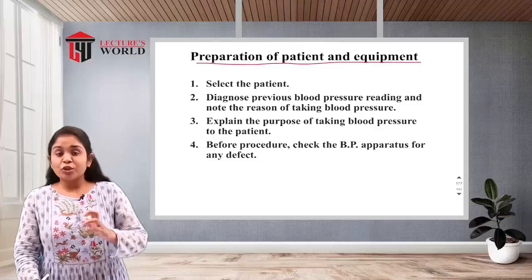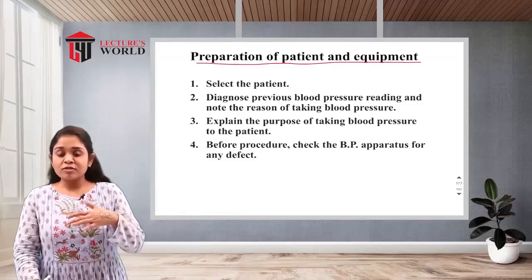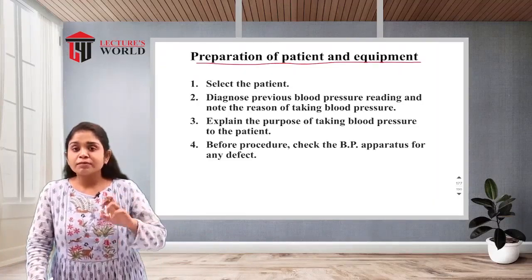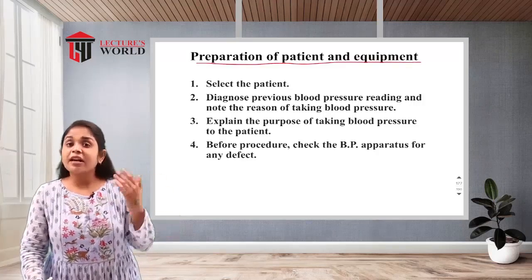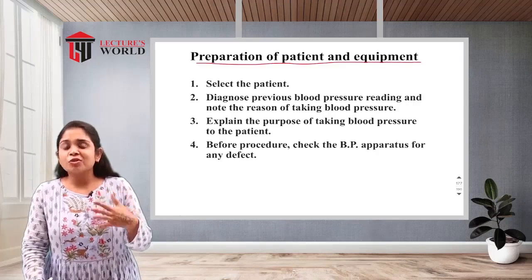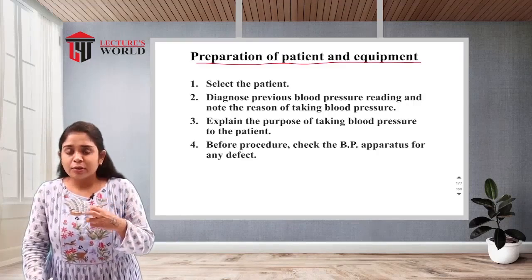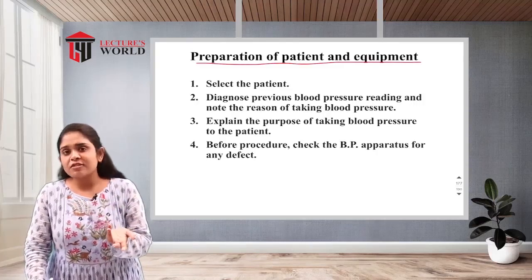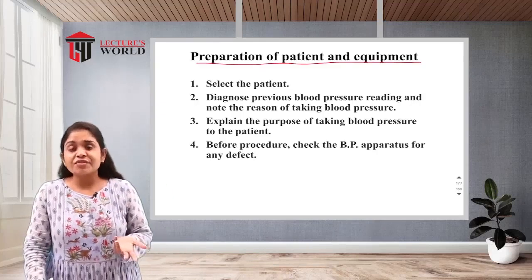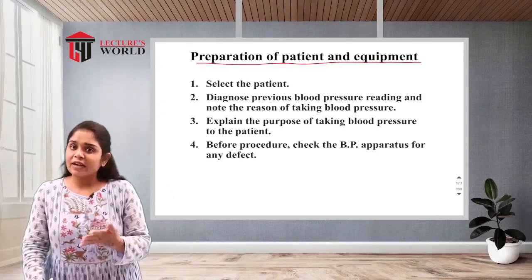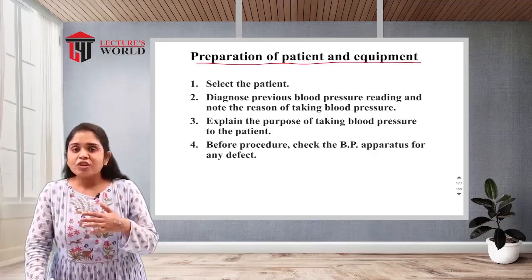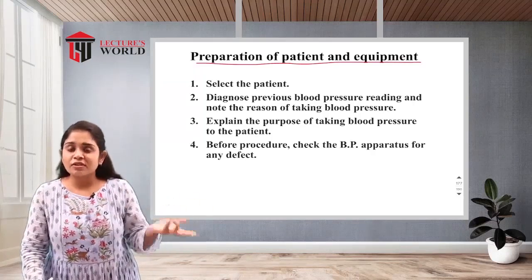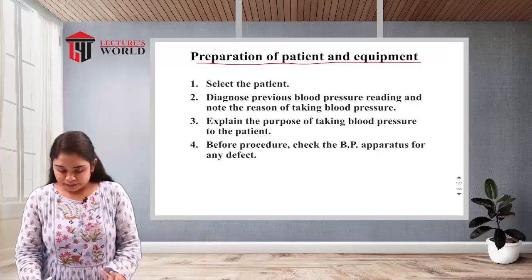So here, make sure you are checking the previous reading also, because for every patient we are checking the vital signs. That is no issue. But if any patient is having hypertension, at that time we need to see how much the blood pressure has come down, whether it is stable or not. Because if the patient is suffering from hypertension, they will be getting antihypertensive drugs. So whether the treatment is effective or not, that also we have to see. So make sure for which reason you are checking the blood pressure, and you should have the previous result also, so you can compare it.